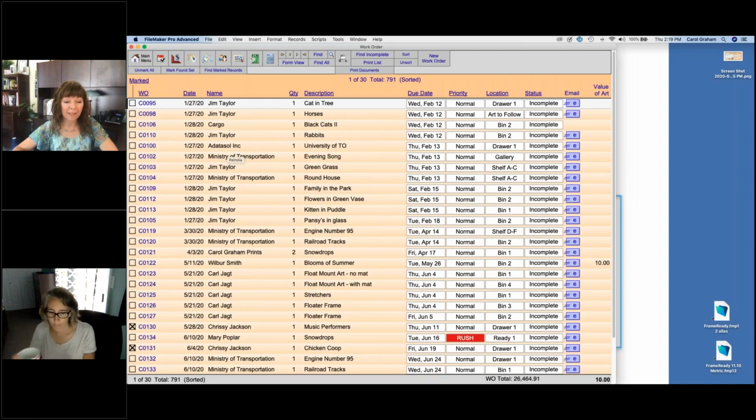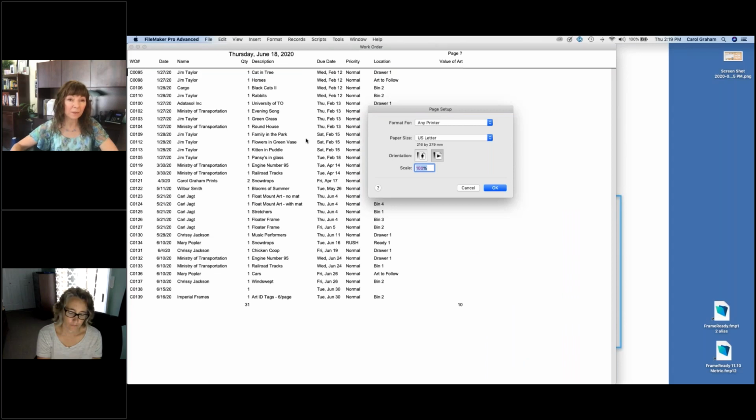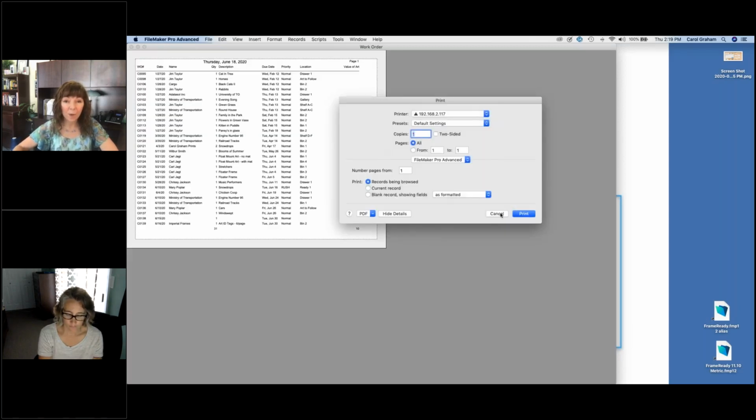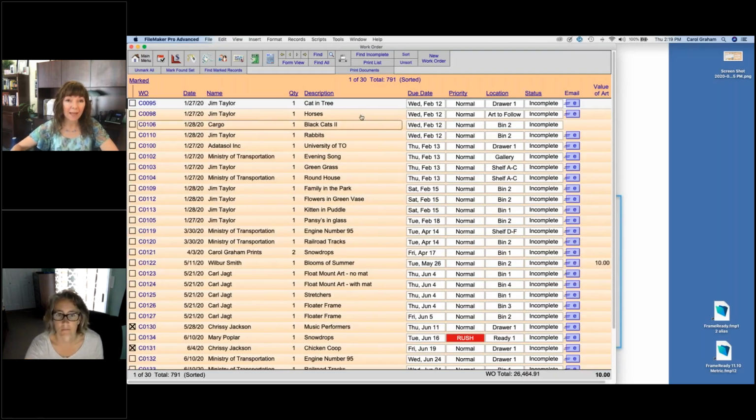So taking a look at my list of incomplete orders, I may want to print this out. Now I can go up to the top of the screen and click on Print List, and that will give me a very clean looking list, very similar to the page that you saw on the screen view. Almost exactly the same information. The other one that you could take a look at, and I really like this one, is under